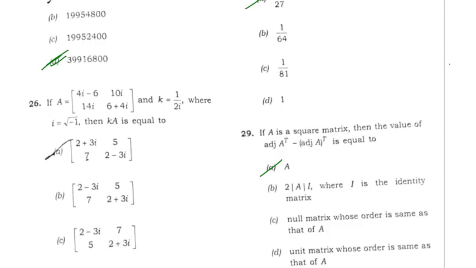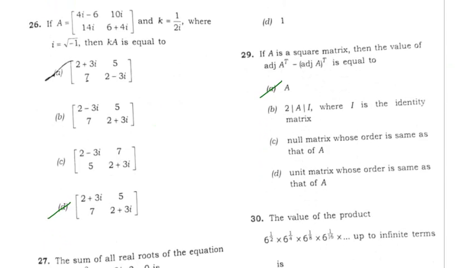Next question is: if A equals 4i minus 6, 10i, 14i, 6 plus 4i, and k equals 1.2i, where obviously i equals iota, then kA is equal to... So multiply these things and you will get the right answer, and the right answer will be D. Okay,